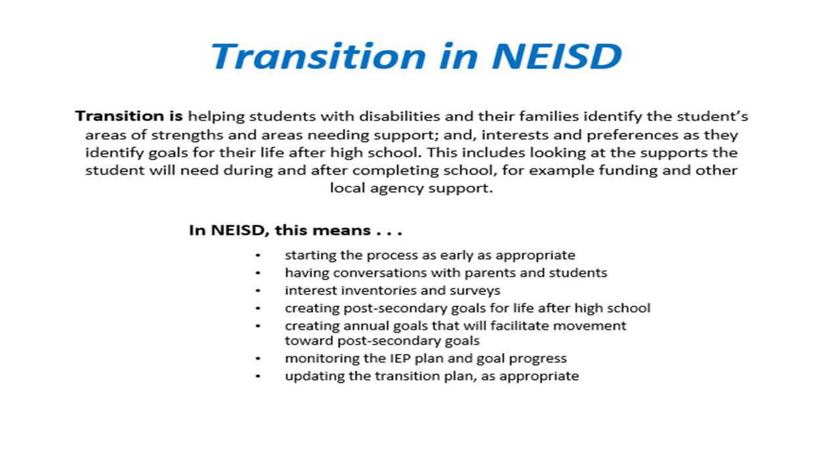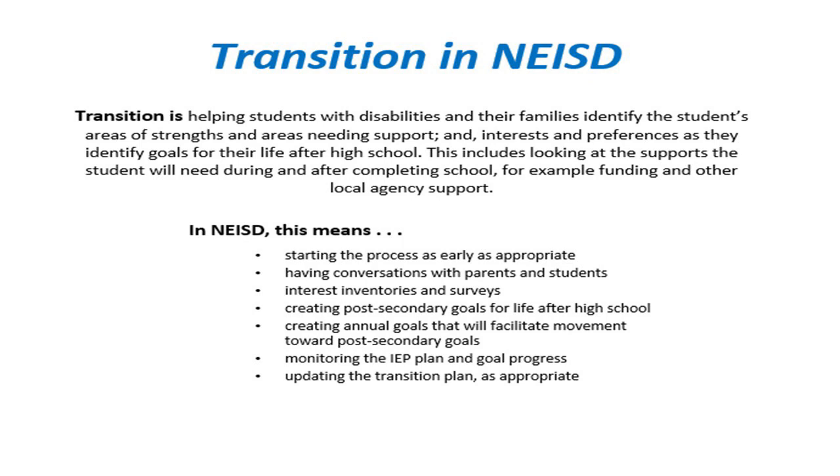This includes looking at the supports the student will need during and after completing school, for example, funding and other local agency support. In NEISD, this means starting the process as early as appropriate, having conversations with parents and students, completing interest inventories and surveys, creating post-secondary goals for life after high school, creating annual goals that will facilitate movement toward post-secondary goals, monitoring the IEP plan and goal progress,